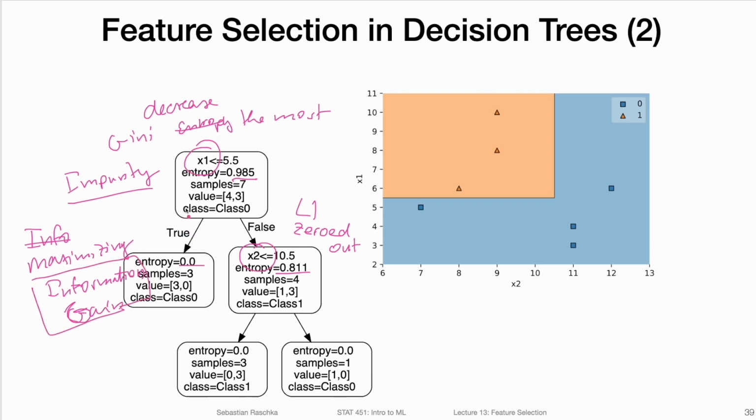But for simplicity, you can also think about it as minimizing the entropy, or trying to get the biggest change from entropy here, like minimizing the entropy as much as possible as one criterion for selecting which feature goes here and which threshold goes here.